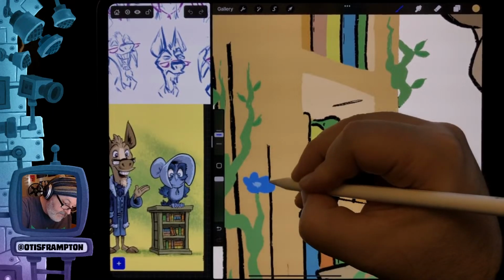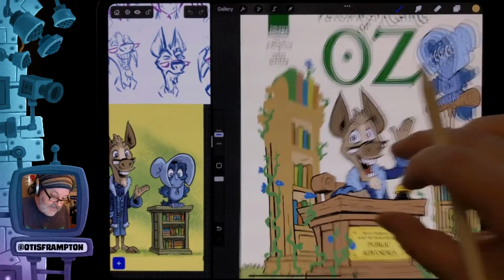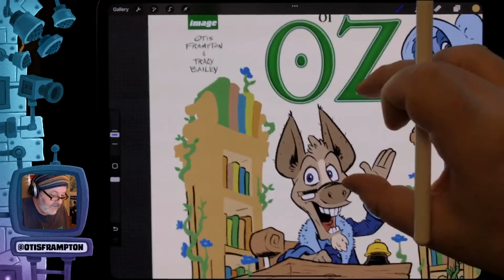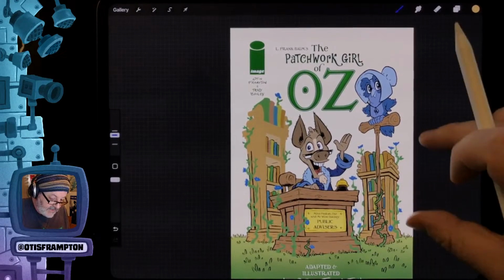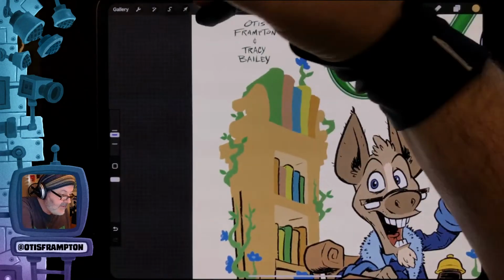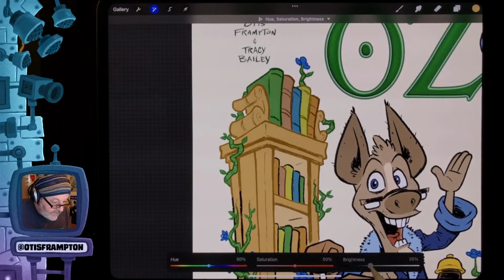All right, we're coming up on 3 o'clock, so I'm just gonna take this section here to show. Get rid of this. So when I get done coloring all the line art for the background stuff, the background bookshelves, the grass, and the vines, what I'll do is go up here and do a hue saturation, and then I'll bring it down, probably to about